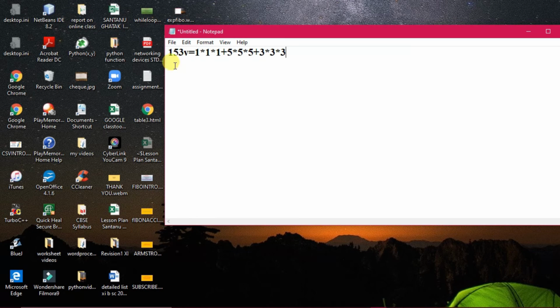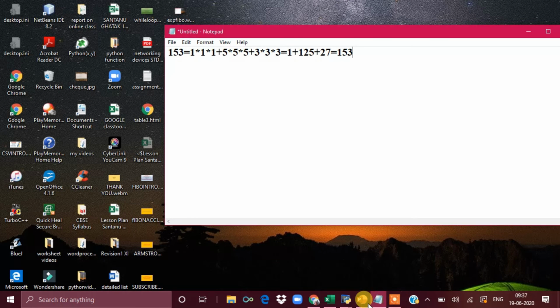That means the sum of the cubes of the individual digits will give the same number. So 1 cube is 1, plus 5 cube is 125, plus 3 cube is 27, resulting in 153. When this criterion matches, and the sum of the cubed digits is equal to the entered number, then it is called an Armstrong number.